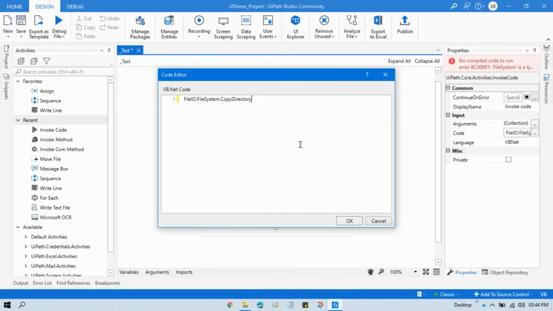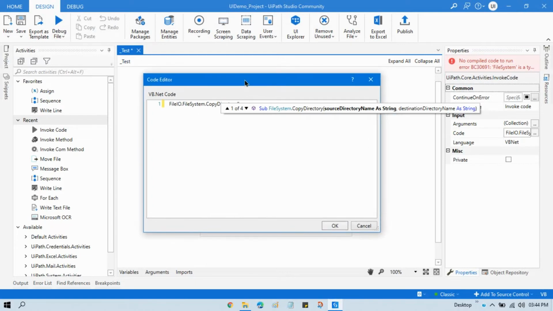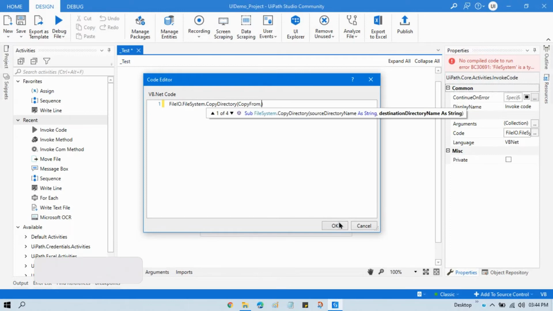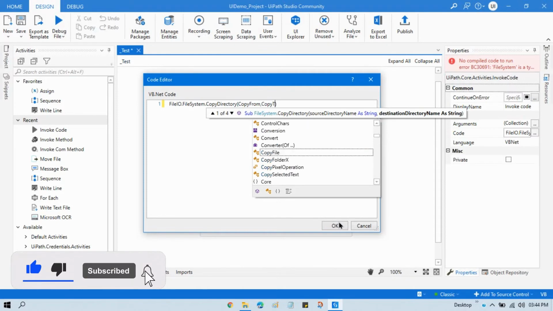Now we have this option, open close bracket, and we'll be taking two parameters, one that is copy from, and second we will take copy to, right?